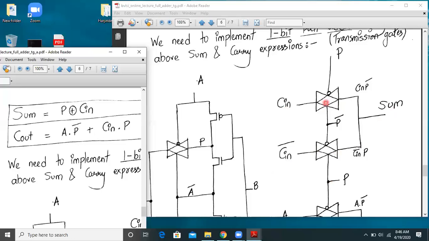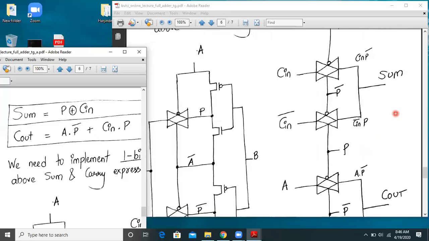So the upper transmission gate will pass Cin into P bar, and the lower transmission gate will pass Cin bar into P. If we add them together, we will get sum equal to Cin into P bar plus Cin bar into P, which is nothing but P XOR Cin. So that's how you generate a sum.